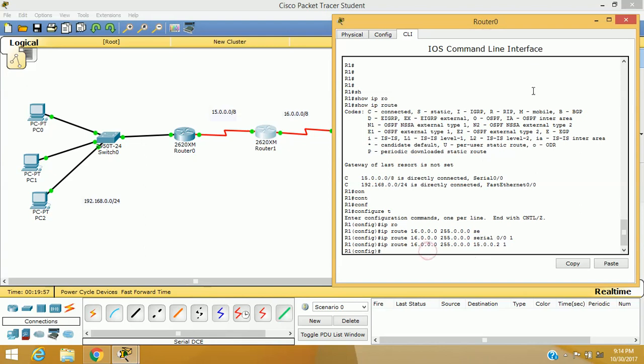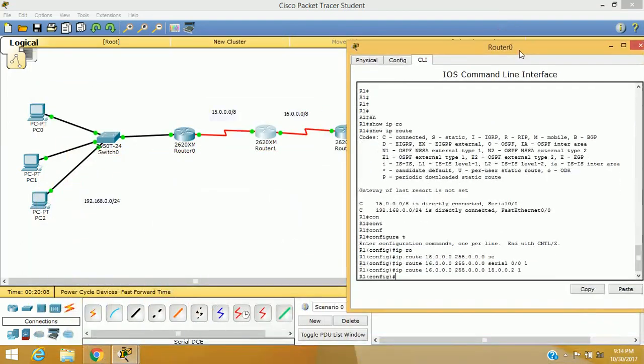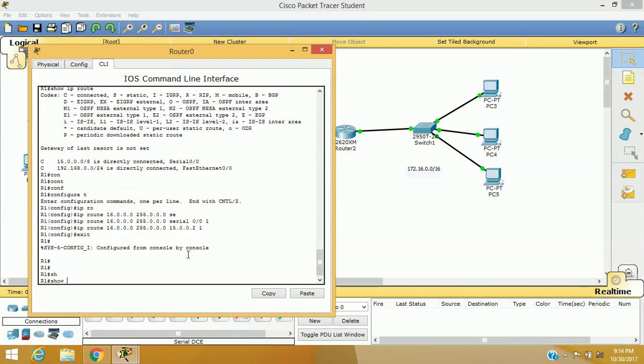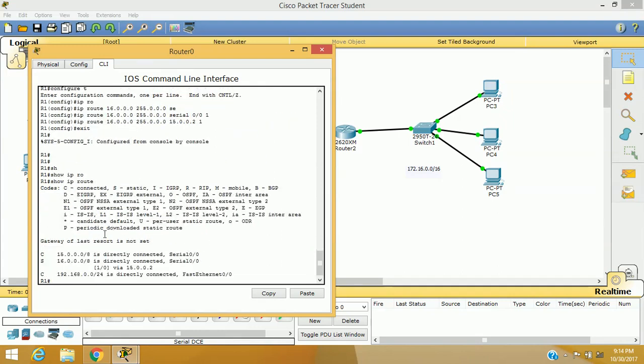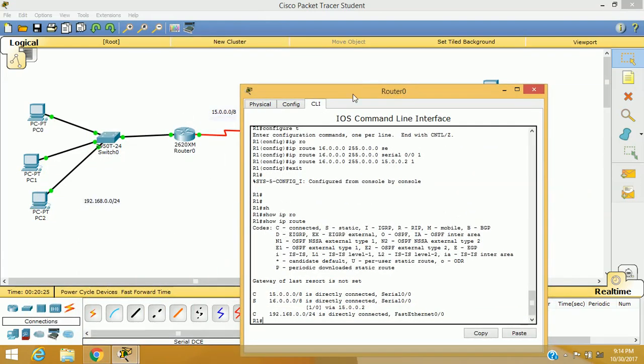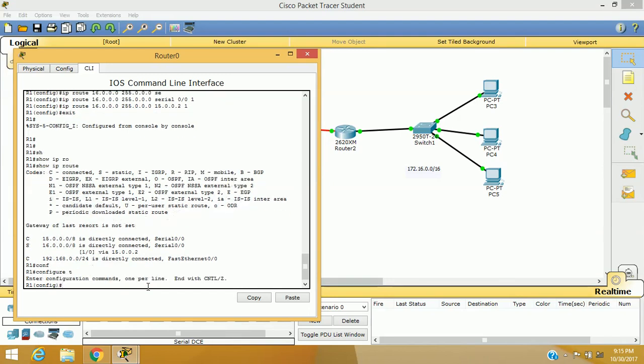So let's proceed to the next update. We have added the 16.0.0.0 network, and now we have to add another network. If you verify with show ip route, now you can see that there are 3 networks listed in the first router's routing table. So we'll have to add another network, that is the 172.16.0.0 network. So again, configure terminal, ip route